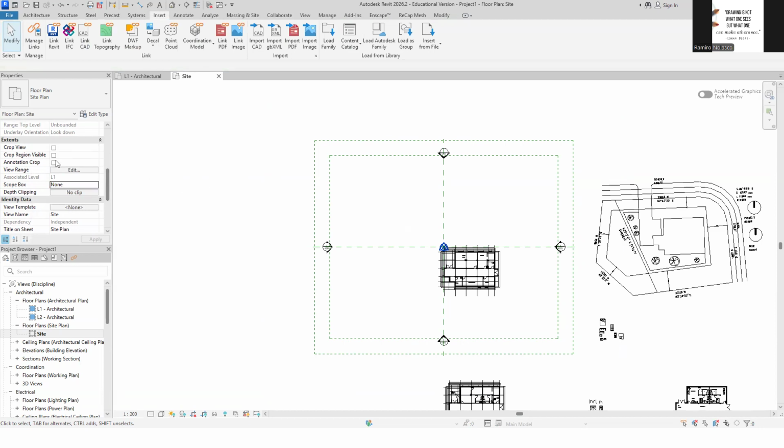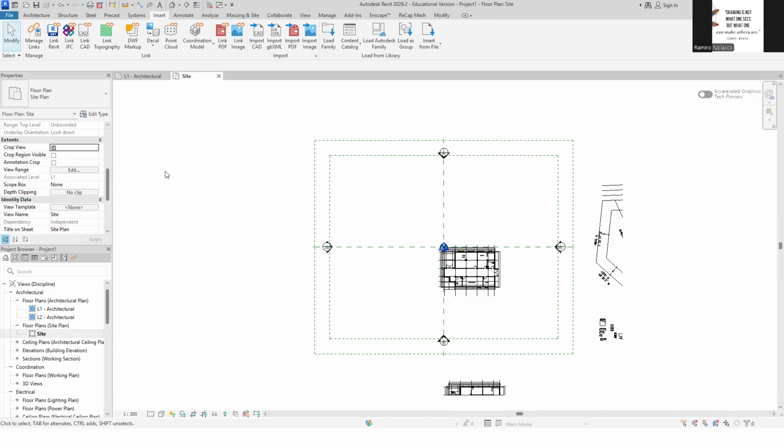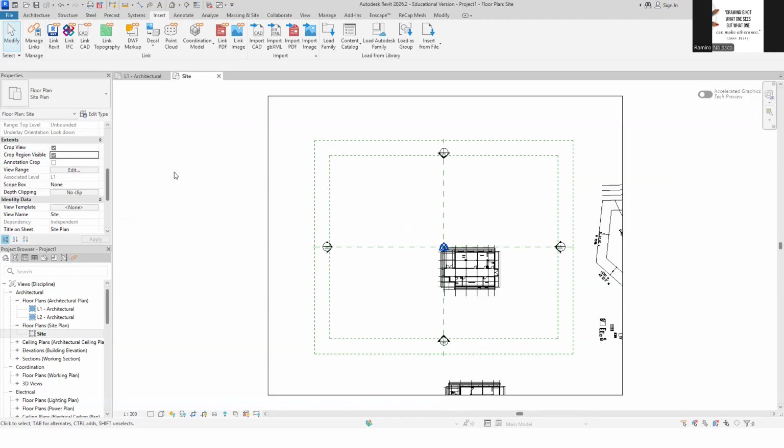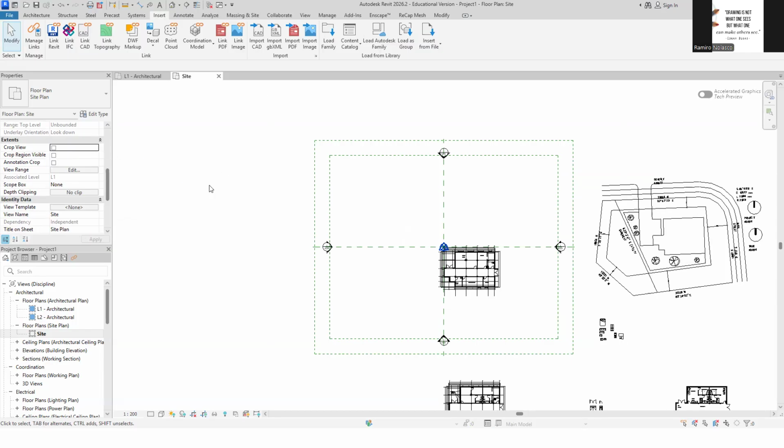And if you click apply or bring your mouse to the drawing area, the action that you did here will execute. So again, crop view, so it gets crop region visible. If I want to show the crop region, select that, it gets to be visible. Okay? So again, you either select this and click apply, but you don't need to. You just bring your cursor to the drawing area and it will be executed.